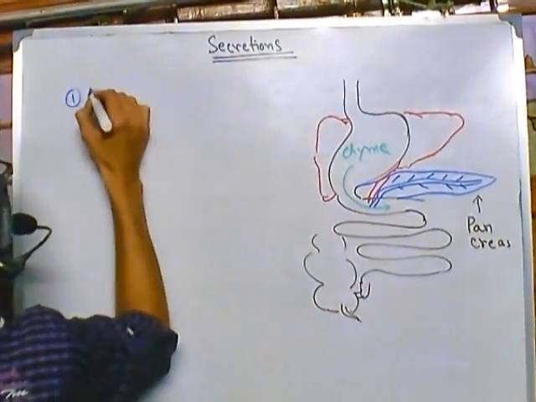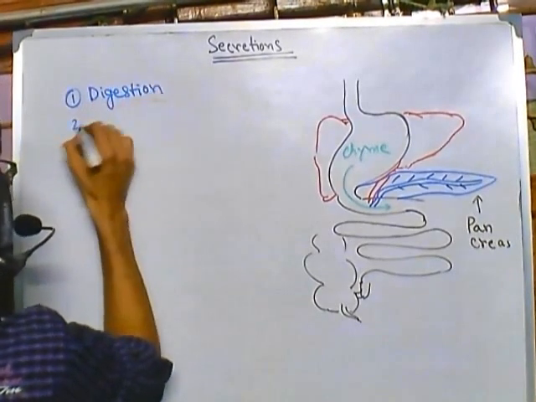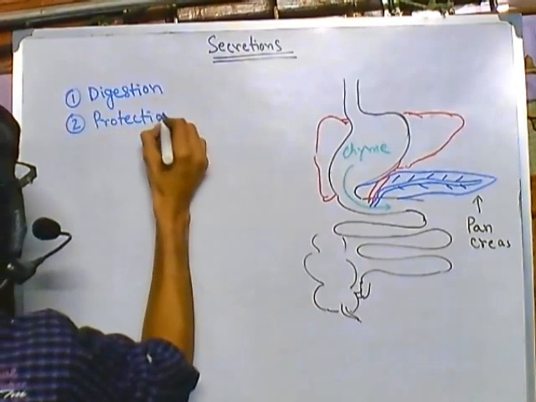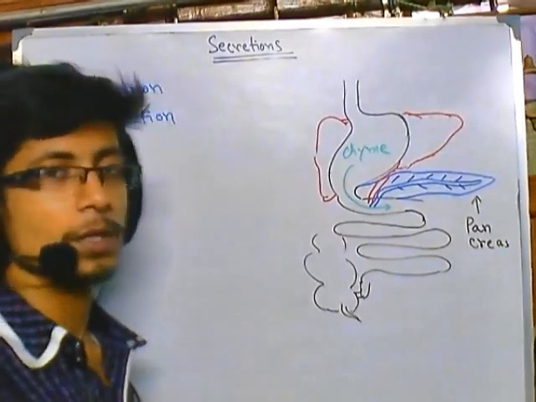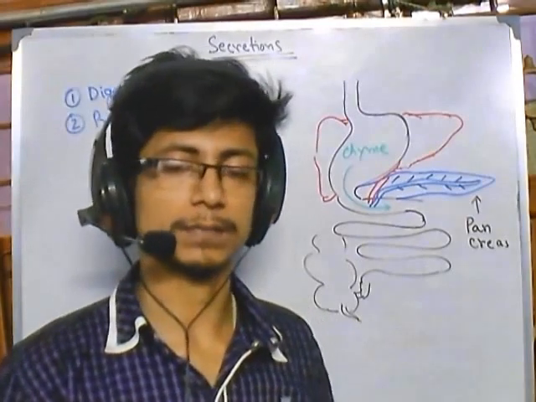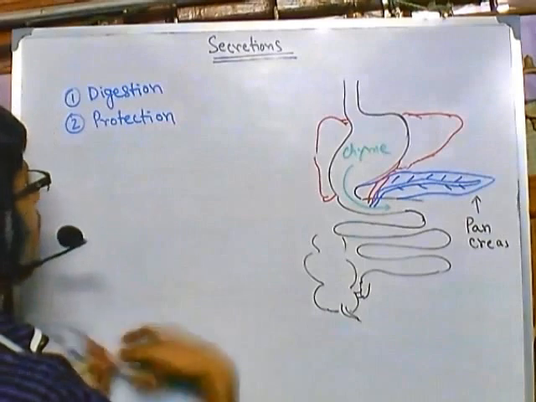One is digestion, and the second thing is protection. Digestion and protection. So the first thing is digestion, because it secretes some enzymatic molecules that usually help in digestion. But actually the liver is associated with the digestion of lipids